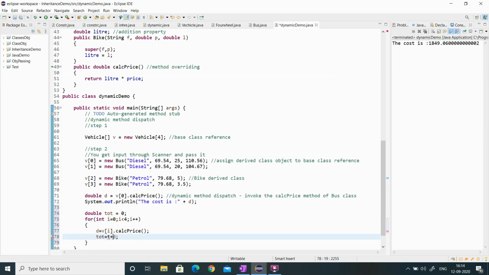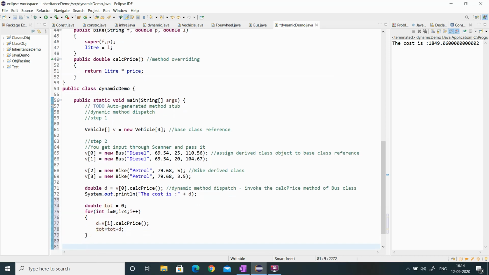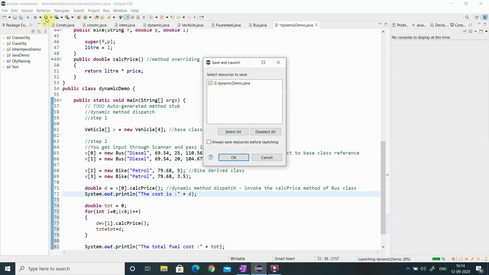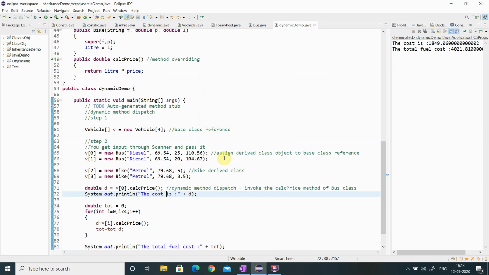Finally I am going to print the total fuel cost, because that is what is asked in my question. So now we run the program. Running the program, we are getting the total fuel cost.